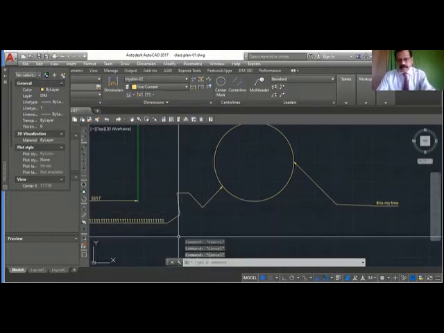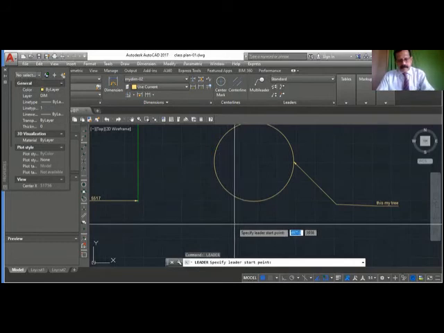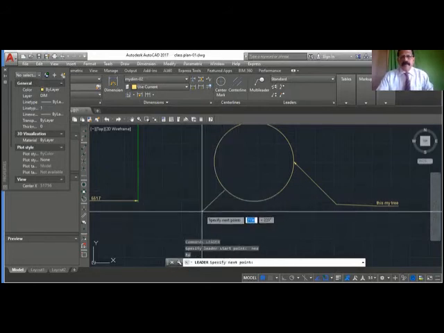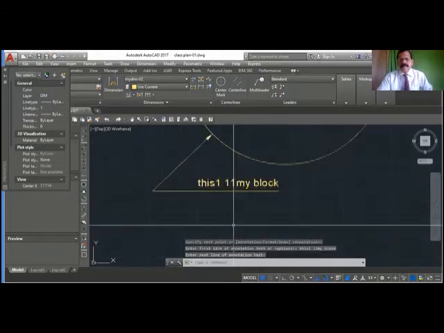Some problem. I'll just use leader. First point, I would say nearest. Enter. From here, I want to write here. Here, enter. Now what do you want to write there? This is my block. Enter. Enter. So you can see. Okay. This is coming